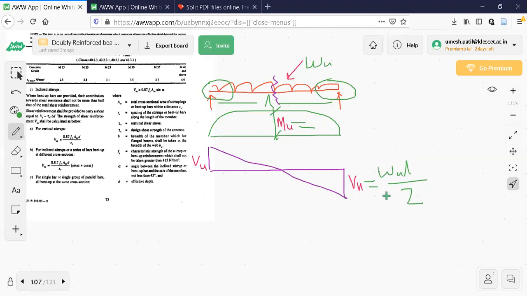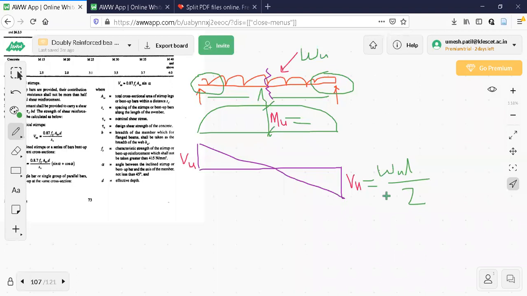You can decide only after finding the shear strength of the beam. That shear strength is compared with this VU. Find out the shear strength using the code book. After calculating the shear strength using the formula given in the code book, compare it with this VU. If the shear strength calculated using the code book formula is more than this value, I can say the beam is safe in shearing, it is not going to fail.